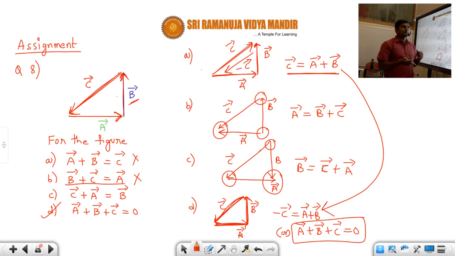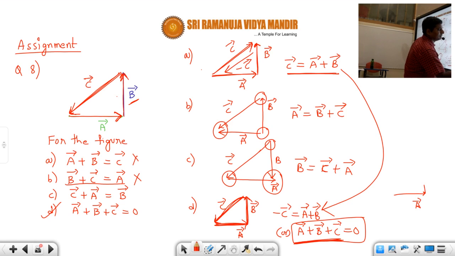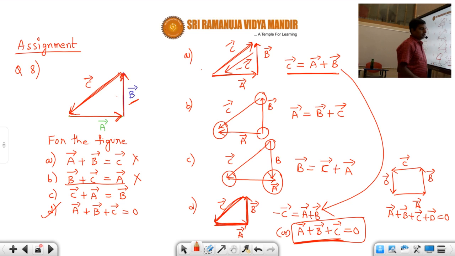Okay. So whenever you are drawing the shape in this order, in the closed manner, then the resultant will always be 0, students. That means the sum of all the vectors is 0. Suppose I take A vector here and B vector, I am going in the same order, C vector, see the direction of arrow. Now if I draw like this, students, D vector, then I can write directly A bar plus B bar plus C bar plus D bar is equal to 0. I hope, students, you understood.